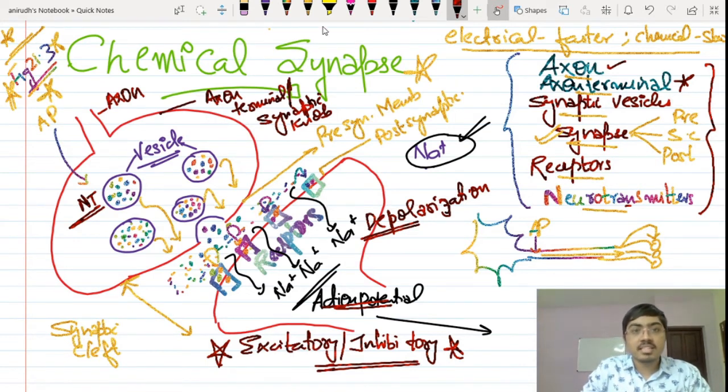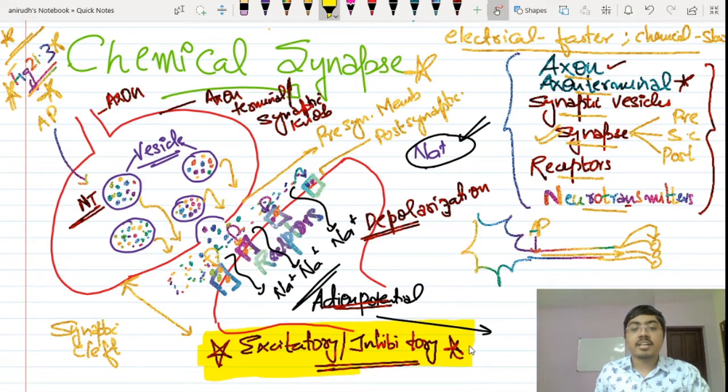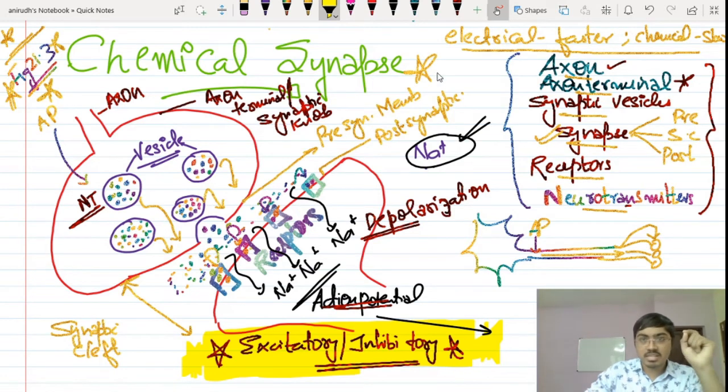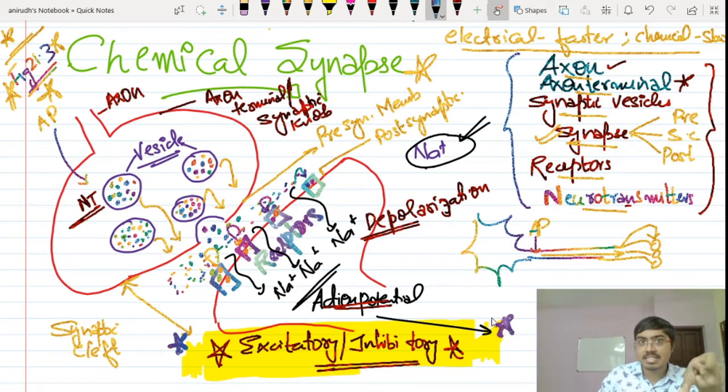Why am I saying that this is important? This is important because it is given in the textbook. They can ask you to mark which of the following statements are correct. Like one of the statements can be the action potential can be excitatory or inhibitory. Second statement can be action potential is only excitatory. Third one is only inhibitory, and fourth one is obviously none of these. So what will you mark then? Your answer should be excitatory or inhibitory. Both are possible. So this is a very important sentence given in the textbook. Mark it then and there, and even before the exam you are supposed to read the important sentences given in your textbook. Okay. So let's proceed to further details now.